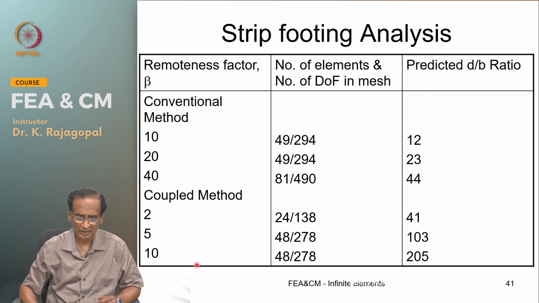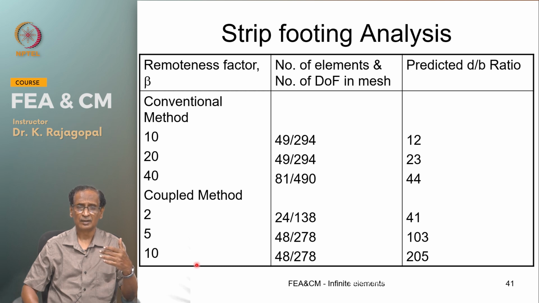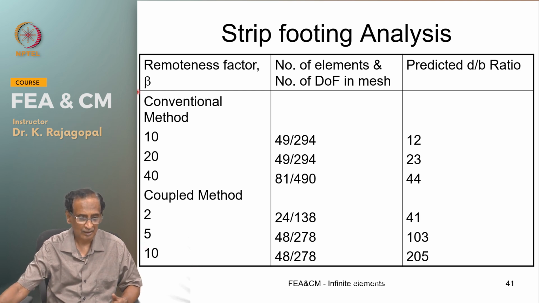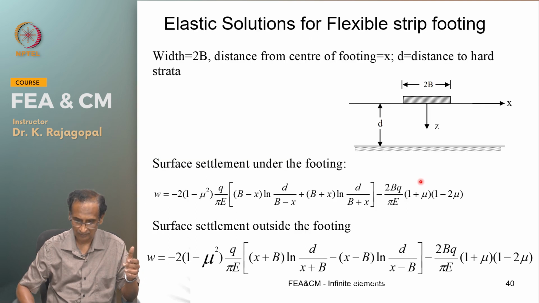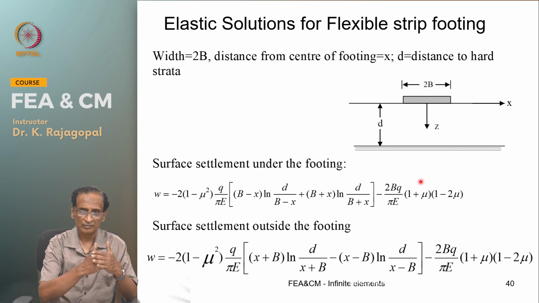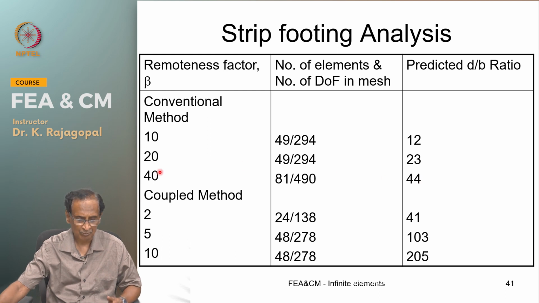And once again, a very small number of elements and degrees of freedom were required in the case of infinite elements, and so these are the results with conventional finite elements. When you place the boundary at 10 times, if you back predict, it is coming to about 12, and with 20 it is coming to 23, and with 40 it is coming to about 44. That is, we can back predict to get back our analytical result,